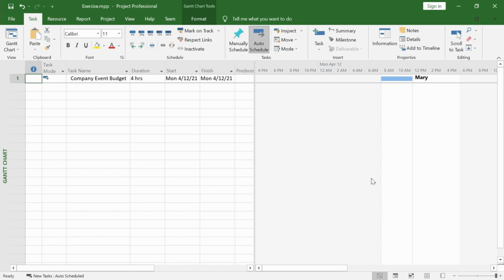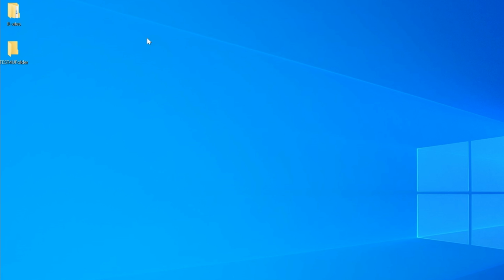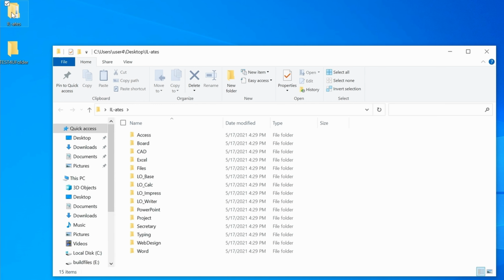Suppose you have an initial list of all your tasks written in some text document and you don't want to retype it inside Microsoft Project. The solution is the all too familiar copy and paste. Go to your desktop and navigate to the required text file.